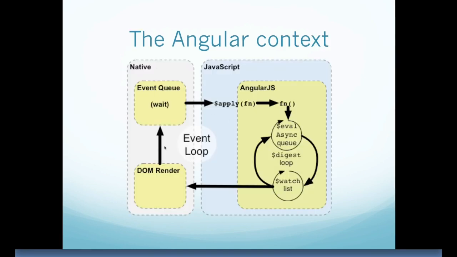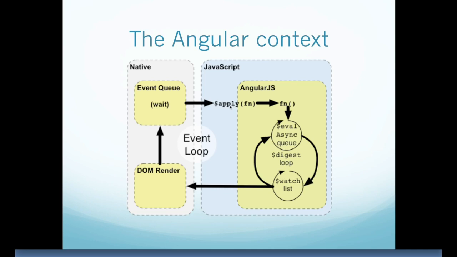In this diagram, this native section is the browser. Events are put, as we saw, on the event queue. When the events fire, they drive JavaScript callbacks. Ordinarily, the JavaScript callback will just go modify the DOM, and the browser will render the modified DOM. In this case, all the callbacks that are put on the event queue that are relevant to Angular have the